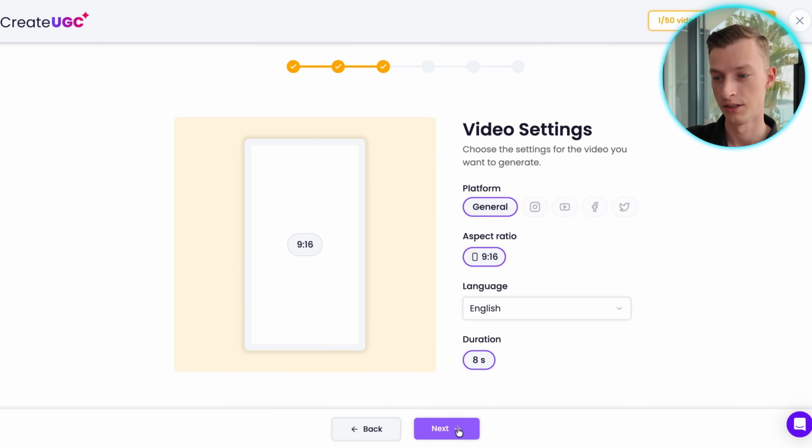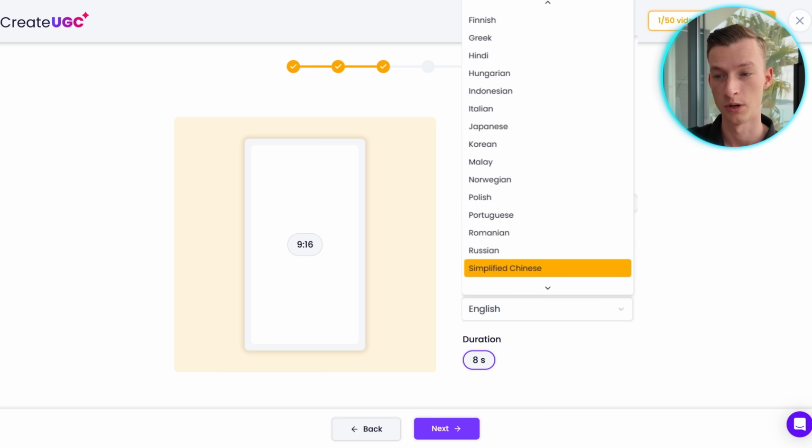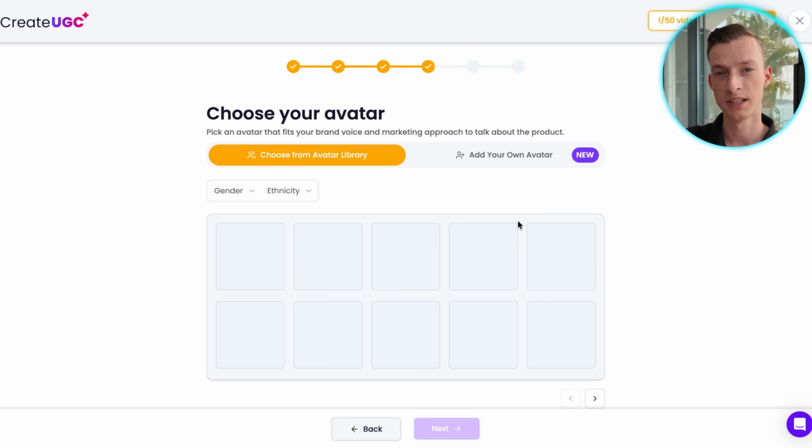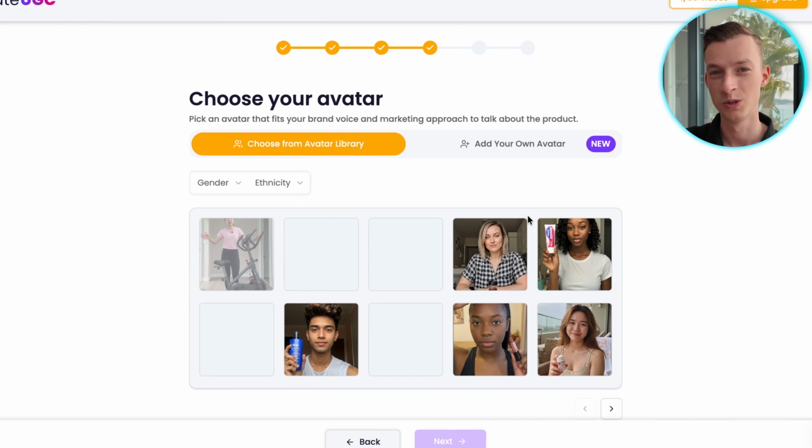Now we can click here on next, and then after that you can choose your video settings. So you can choose the aspect ratio you want to use. You can also choose which platform you're trying to go for. You can even choose the language, which is super important, and the duration. So now we are going to click on next, and after this the next step is to choose the avatar